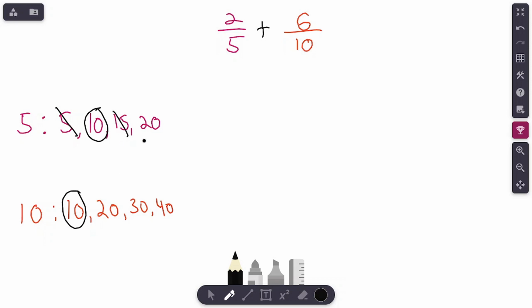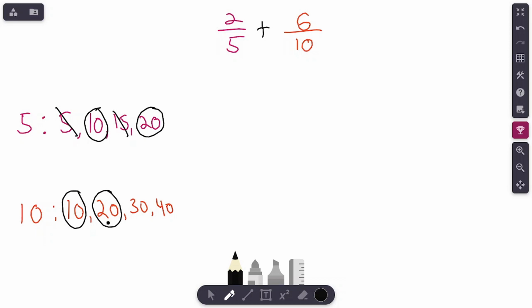Now hold up, Mr. C. I'm seeing 20 here, and I'm seeing 20 here. Which one is it? Do I choose 10? Do I choose 20? What do I do here, Mr. C? Well, I've got kind of a long answer for you, okay? You can choose either, but, this is a big but,